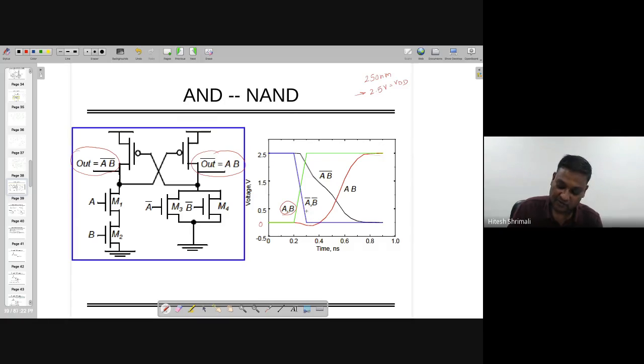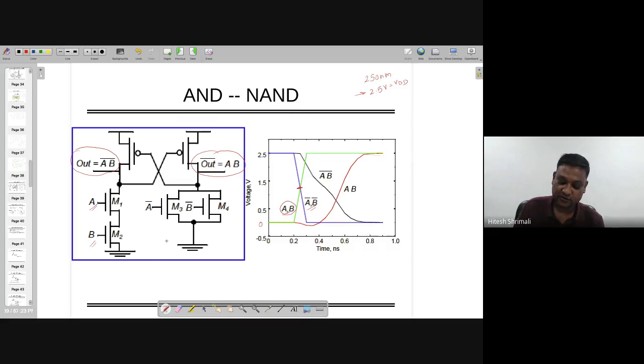Blue color is complementary to what we have given as input. So A and B are going from 0 to 1. We need to make sure that A bar and B bar are complementary or non-overlapping. If they are overlapping, then the output will be changed accordingly. So make sure that both are 180-degree phase shifted, right? Not more phase shift, otherwise that can create a wrong output.